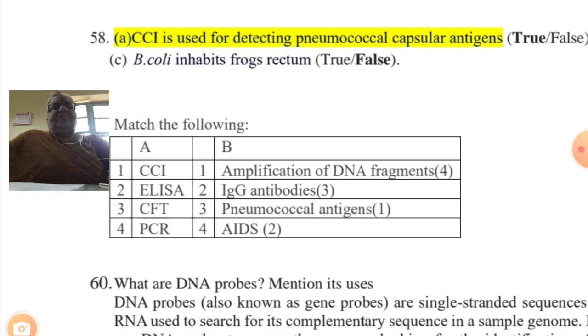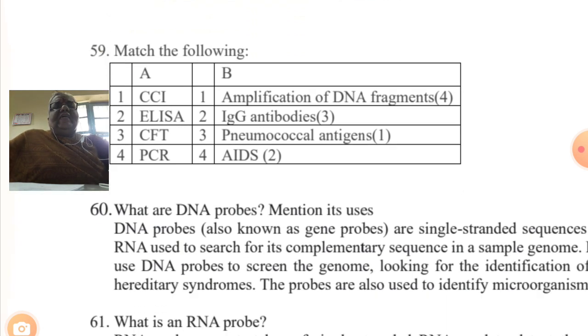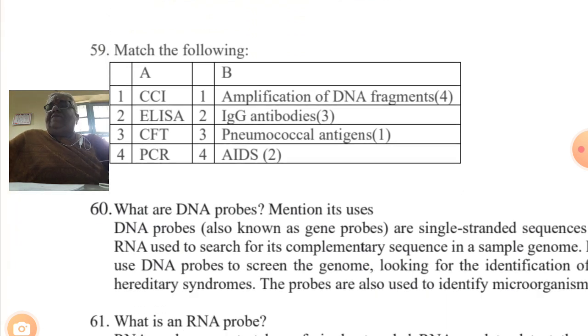Then dear students, questions can be in the form of match the following. The 59th question is like that. In column A, we have given various molecular diagnostic tests or techniques. In column B, we have given certain matches and you need to match. For your convenience, in column B, we have given in the brackets the number also, telling you the